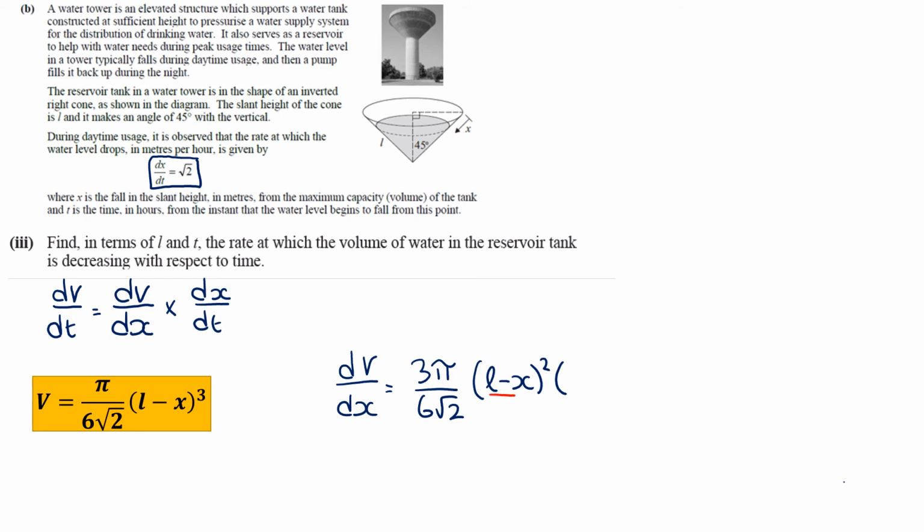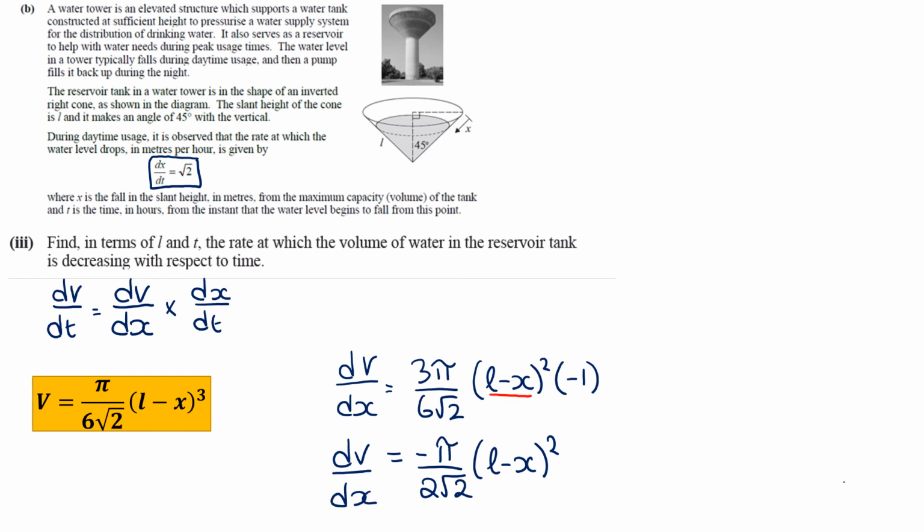So my inner function, because I'm doing it with respect to x, is this. Remember that L represents a number in this case because we're differentiating with respect to x, which means that this breaks down to a minus 1. So a derivative of L minus x will just be a minus 1. Simplifying that, I get